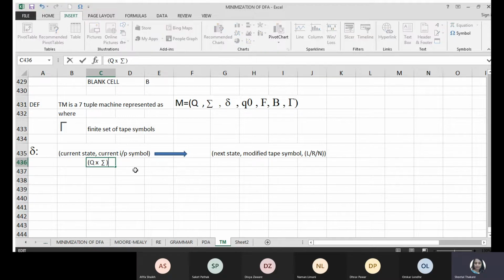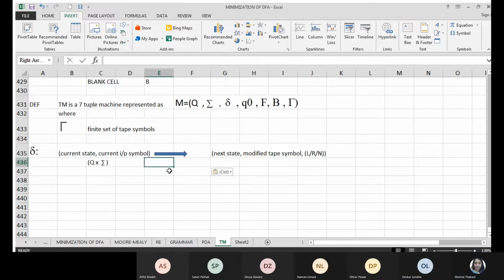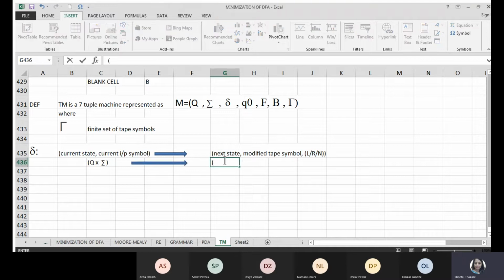This is giving you... you should be able to explain each and every part of this transition function. It's giving you the next state, which is a part of Q, and the modified tape symbols. Here you should write this gamma, and then